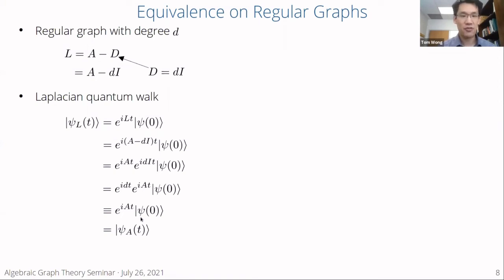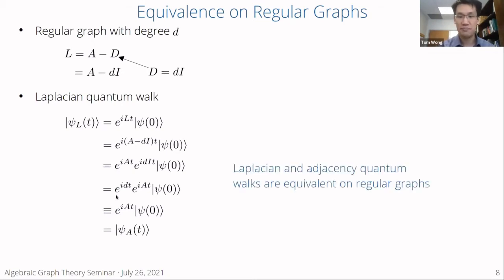And so what we see is that for a regular graph, the Laplacian quantum walk is equal to the adjacency quantum walk, because you can drop this global phase that appears. And so if you have a regular graph, the Laplacian and adjacency quantum walks are equivalent. And so this idea of writing the degree matrix as some multiple of the identity when it's regular and then leading to a phase you can drop, this appeared in an early paper by Childs and Goldstone back in 2004. Although they weren't thinking about the equivalence of the Laplacian and adjacency walks, this falls very naturally from this observation that you just get a global phase.